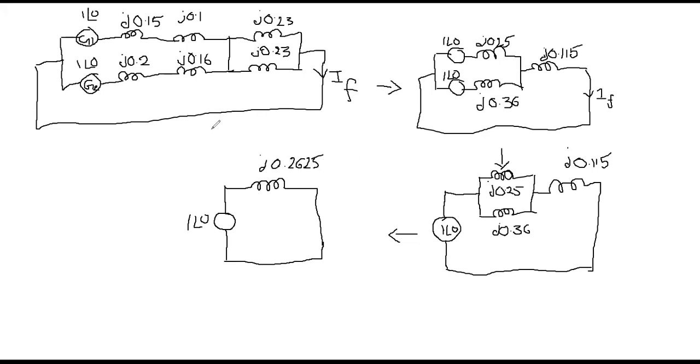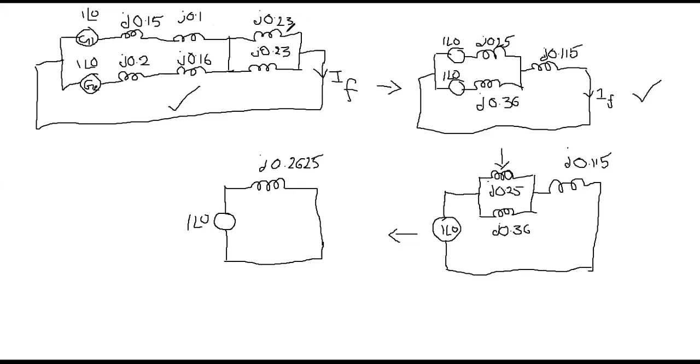Now you see here, first, from the single line diagram you can obtain this equivalent circuit. So here J 0.15, J 0.1. These are the equivalent reactances when we replace standard symbols like transformer and transmission line, etc. Now from this, the second circuit can be obtained like this. These two get connected in series, these two get connected in series, and these two become parallel, and these two become parallel.